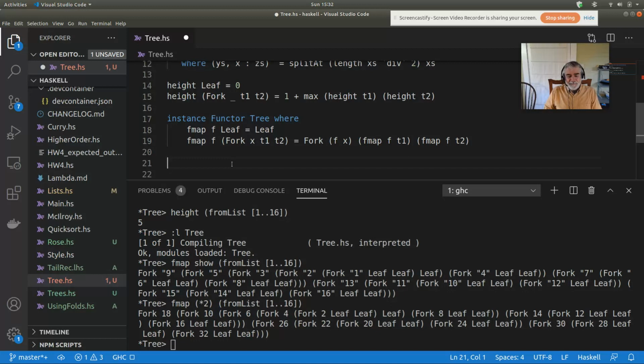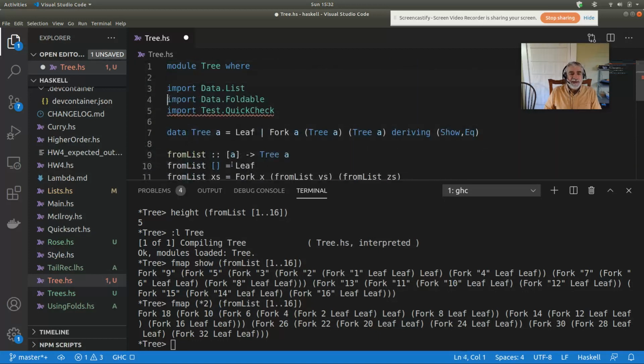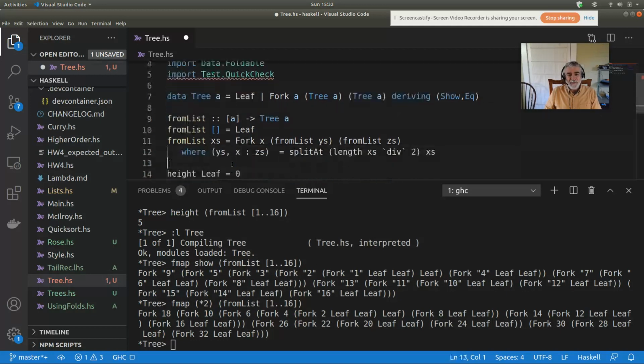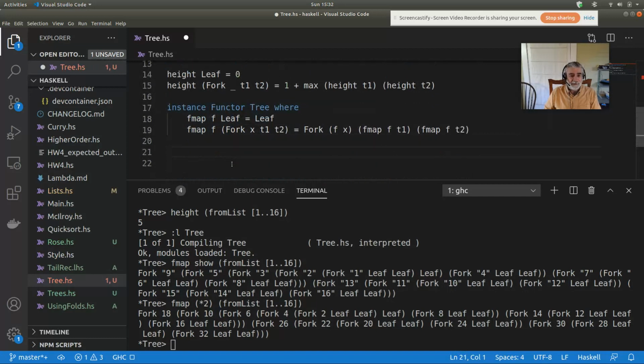There's another type class called Foldable, and I've included Data.Foldable. Functors are so common, it comes in from the Prelude. Foldable types are less common, but trees are foldable. You can say instance